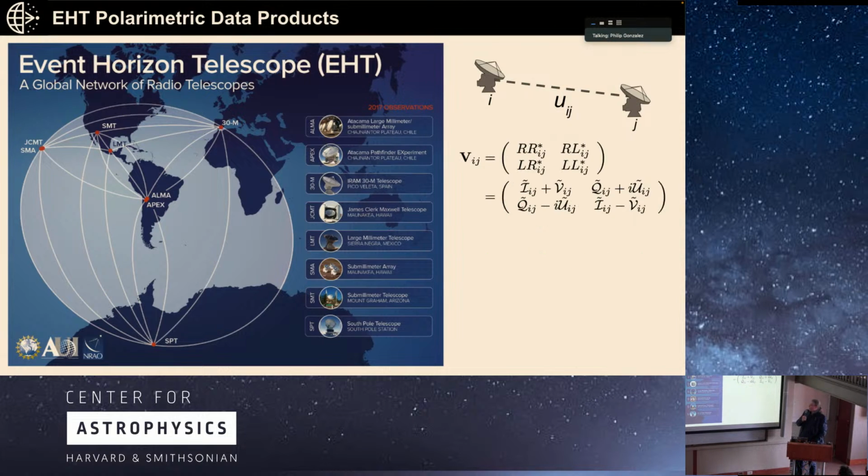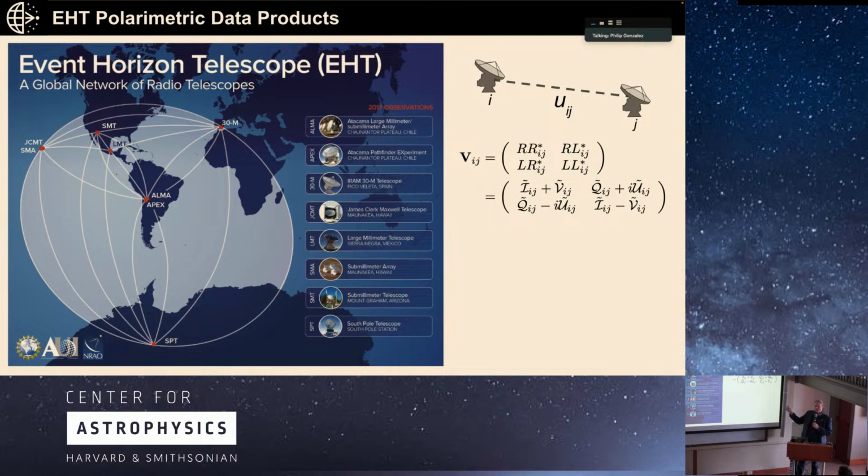And of course, there are multiple polarizations of light, so we can perform this sort of experiment not just with 1 polarization, but with 2. And the EHT utilizes the circular polarization basis. So we have right-handed circular polarized light and left-handed circular polarized light, and you could imagine correlating or combining the right-handed signal at one telescope with the right-handed signal at the other, or the right-handed and the left-handed, and all the combinations thereof. And that produces not one quantity, but four quantities we call a coherency matrix. It's really four of these Fourier transform things, these visibilities.